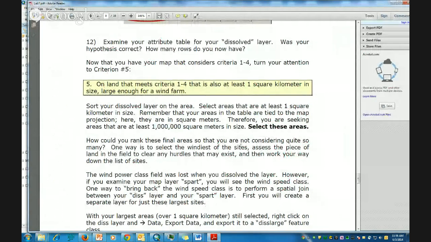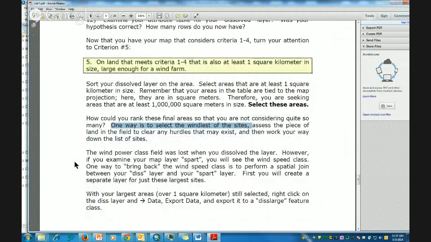We look in here, it says, well, we want you to rank all of the final areas so that there's not quite so many. And one potential way to rank these polygons is to identify which one is the windiest site. That could give us some more detailed information. So you'll notice that the wind power class field has been lost through the dissolve. However, if you look back to what you were supposed to have called S part, you will see that the wind power class field is in there, and we can actually bring it back by performing a spatial join